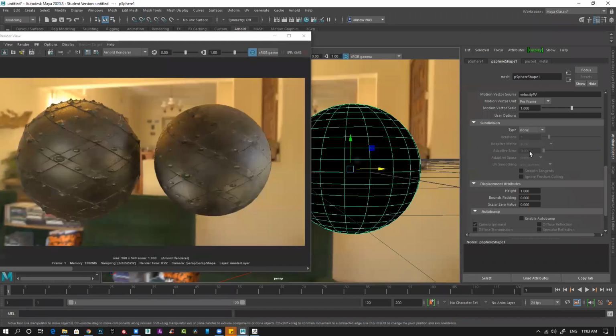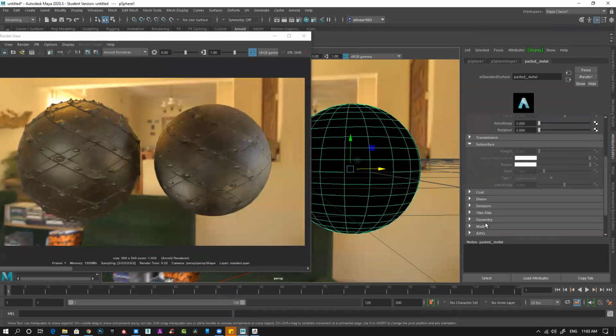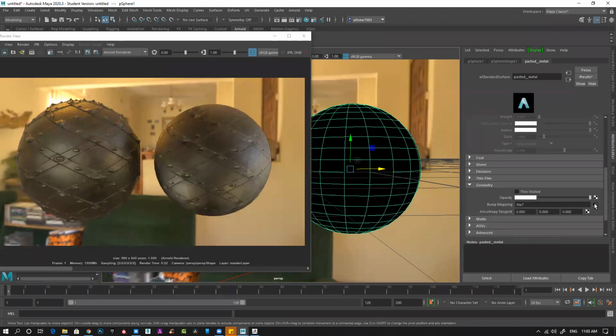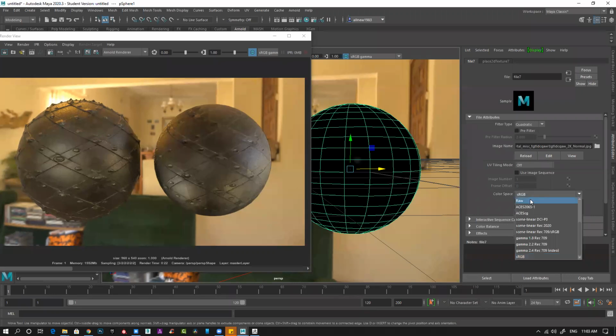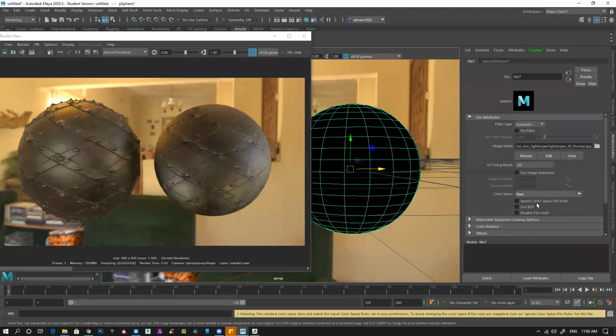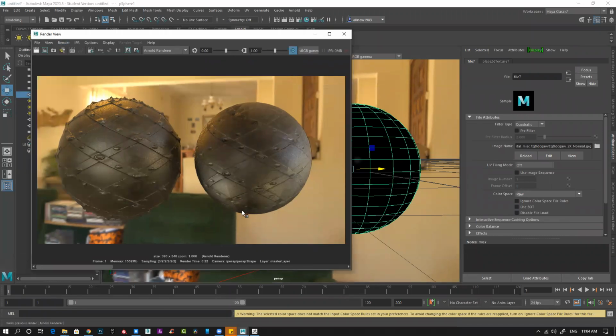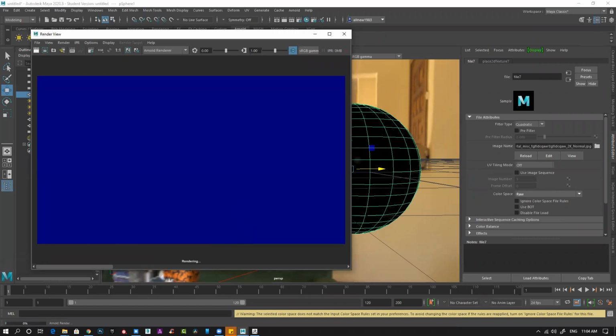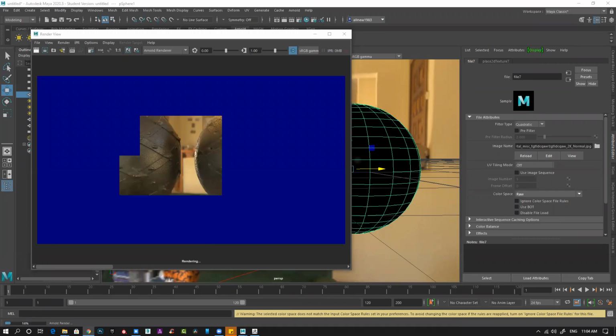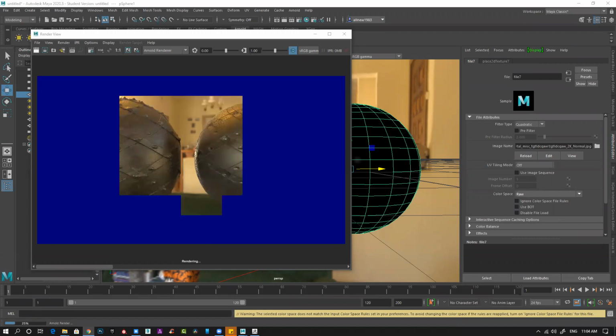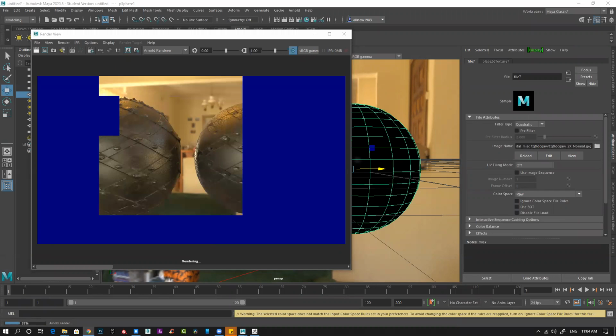One more thing I have to do is go to my pasted one. Geometry, and I have to check its sRGB. Make sure to change it to raw, as if you change the normal color space, it will change the color value and create all this shading. Then render one more time. So now you can see the result without those unwanted shadings.